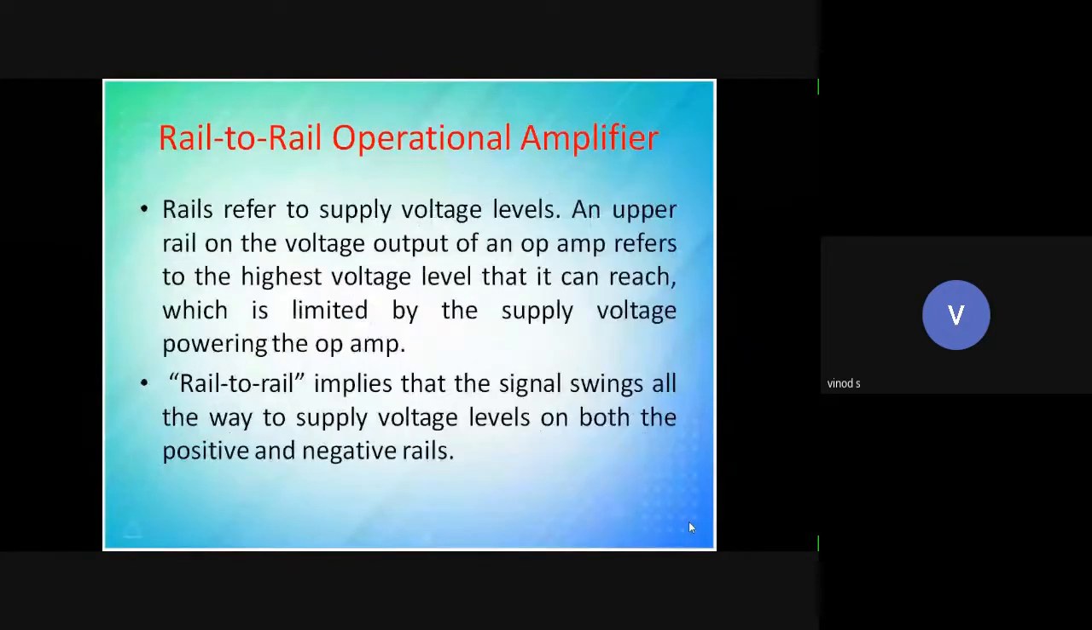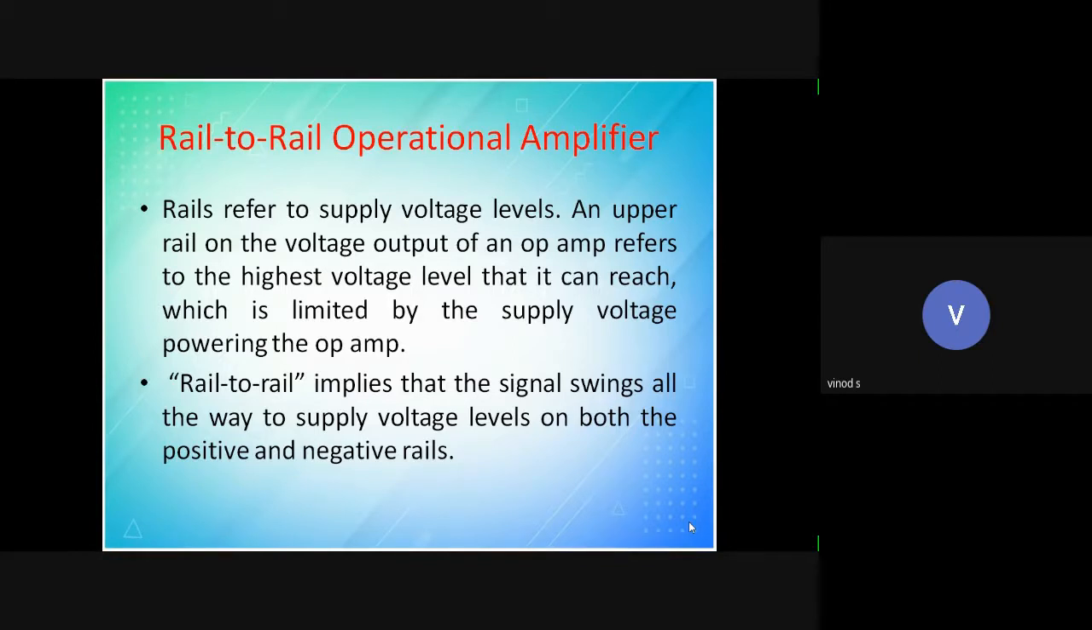So this type is called rail to rail. A rail refers to a supply voltage level. An upper rail on the voltage output of an op amp refers to the highest voltage level that it can reach, which is limited to the supply voltage powering the op amp. Rail to rail implies that the signal can swing all the way to the supply voltage level on both the positive and negative rails. So just give 5 volts. So what it will do is,